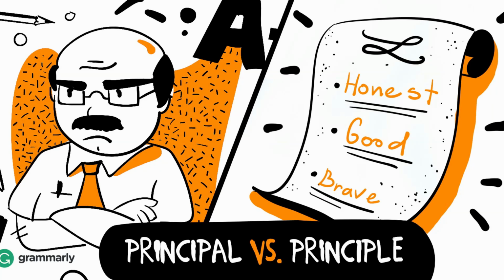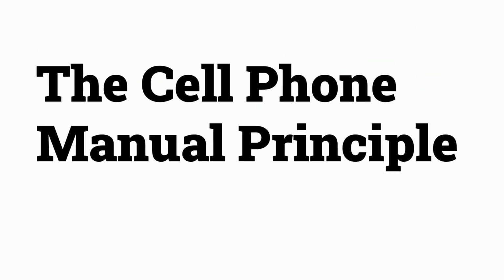The first one I like to call the cell phone manual principle. I know this is hard to believe, but a lot of electronics actually come with instruction manuals. I know this is going to be hard to believe because nobody ever actually looks at them. But next time you buy any piece of consumer electronics, it would be really instructive if you did look to see the kind of information they have. Cell phones in particular.